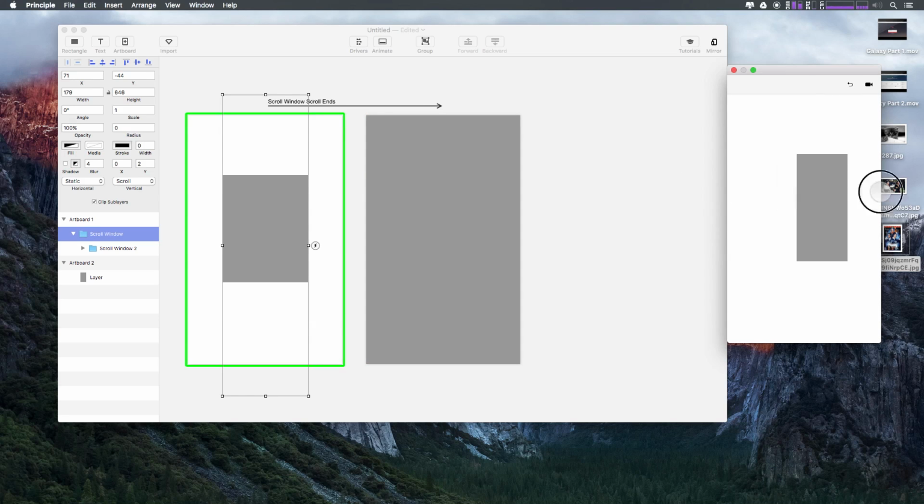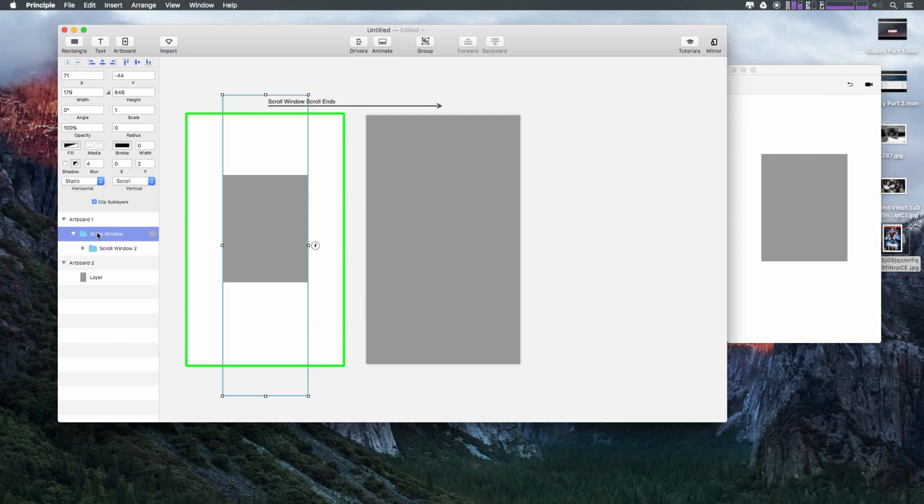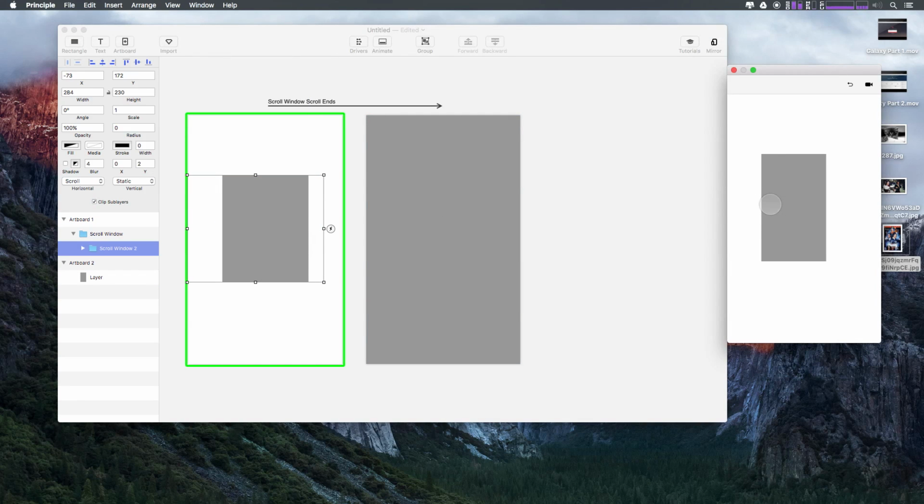Unless we still can't move this right or left. Now if you wanted to do it right or left, let's select scroll window 2. You'll notice when we select scroll window 2 in our inspector, it now says horizontal scroll and static is vertical. So this is a group that allows us to now move this